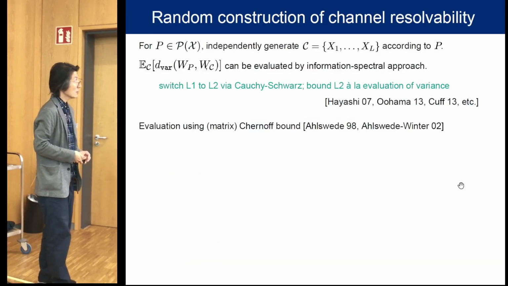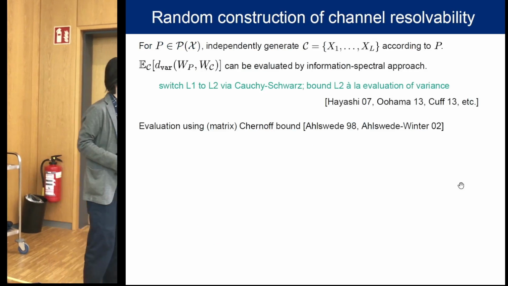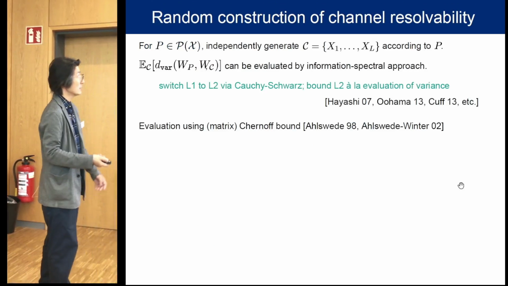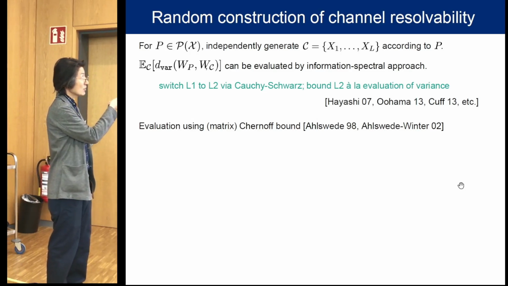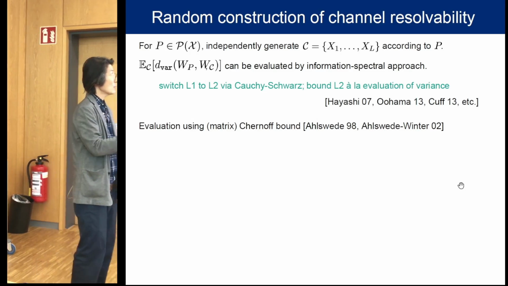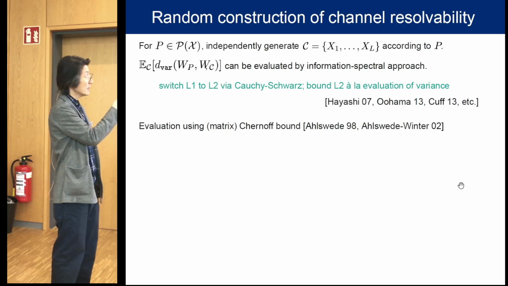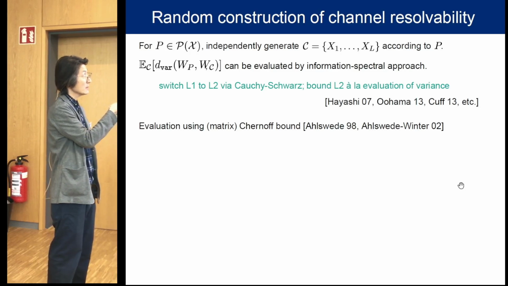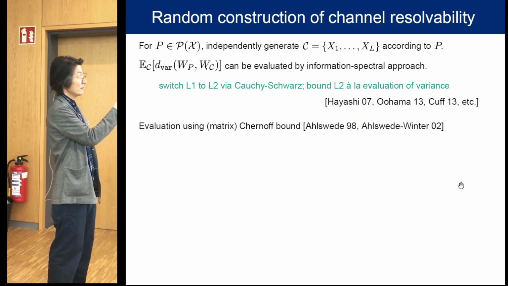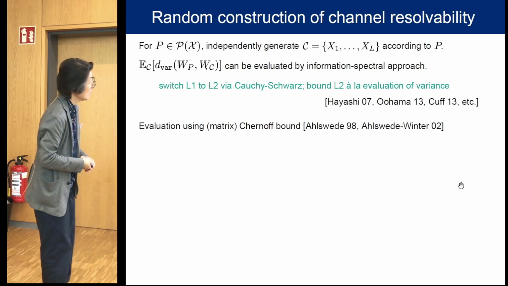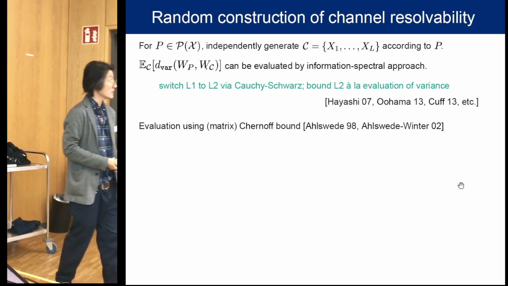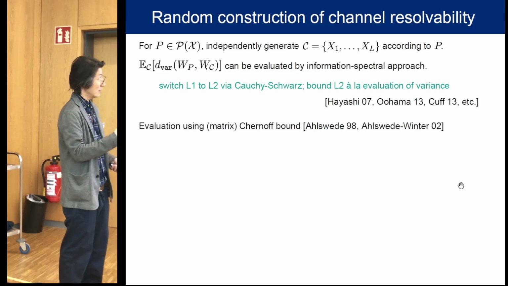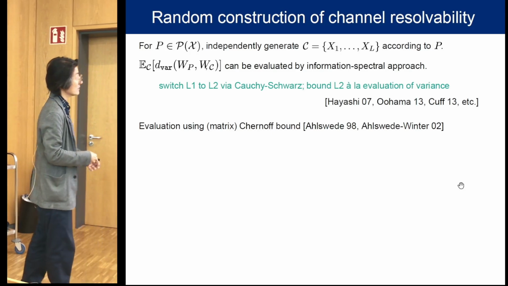Okay, so next let me explain the random code construction of channel resolvability. So for given input distribution P, in the random code construction, we independently generate L symbols x1 through xL according to distribution P. And for this random code generation, we can evaluate the performance in various ways.